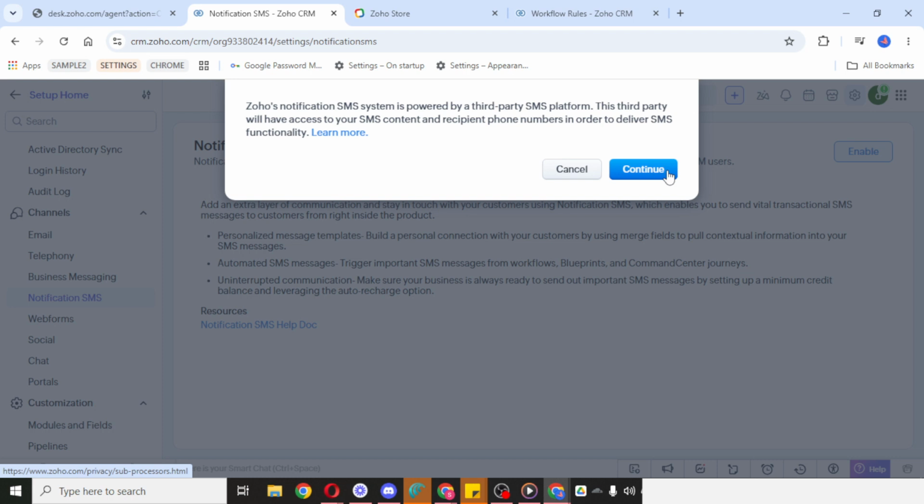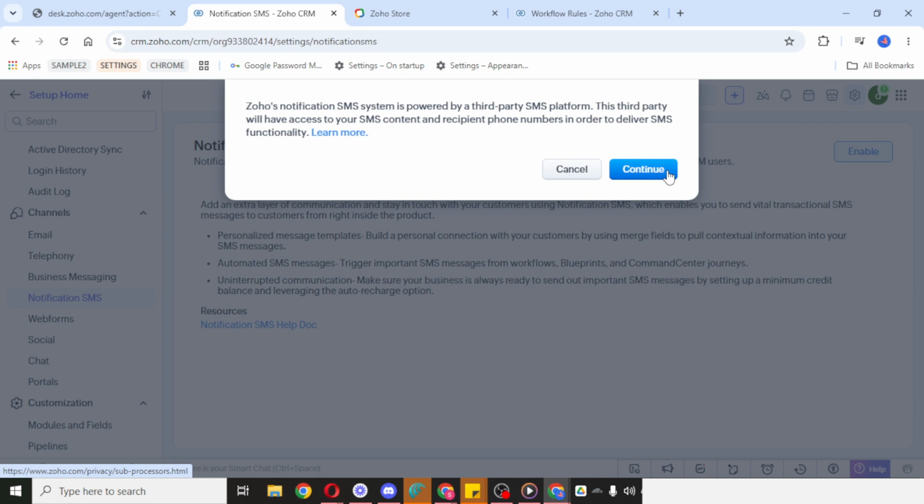Take your time and read each screen carefully so the feature is enabled properly without missing any required settings. As you go through the process, make sure you review each option before confirming it. That helps ensure the feature is configured the way you want and reduces the chance of needing to come back and adjust things later. And that's it.